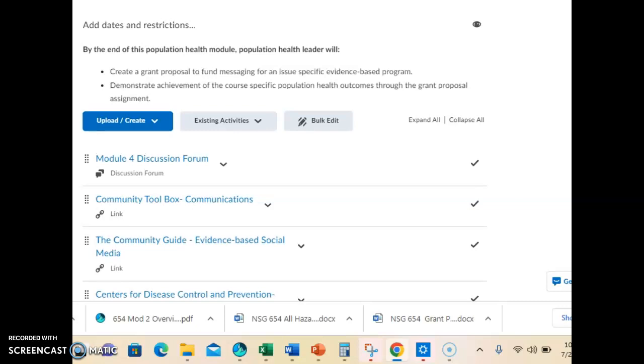So our focus across Module 4 again will be health messaging and what has worked, what has been shown in the literature to be successful to improve outcomes.